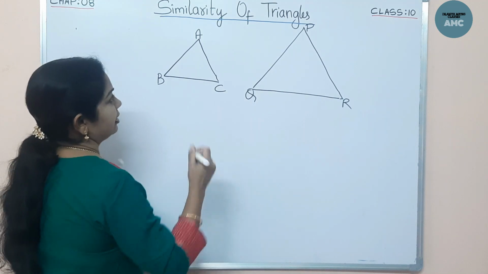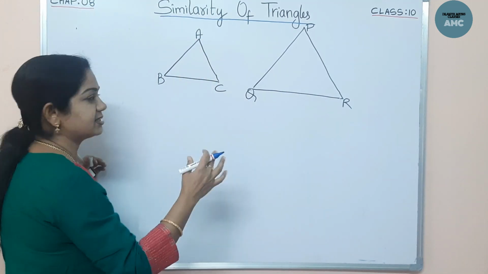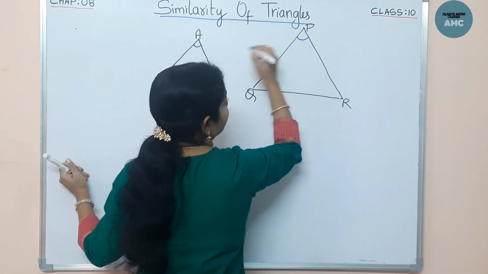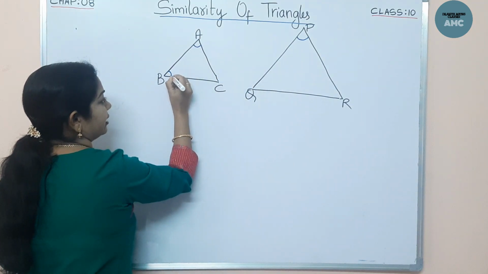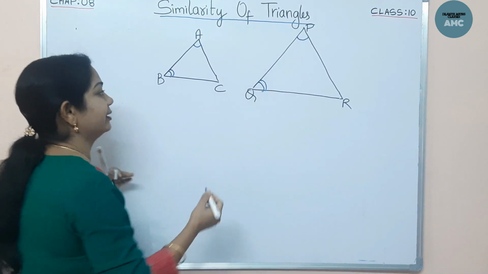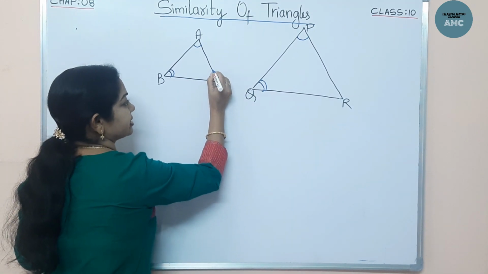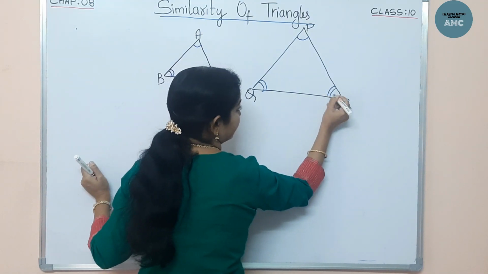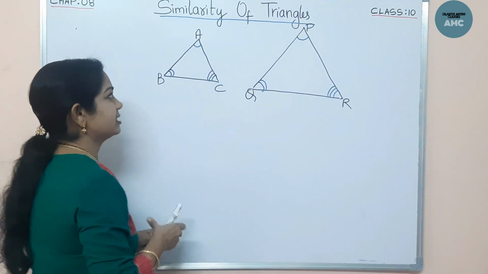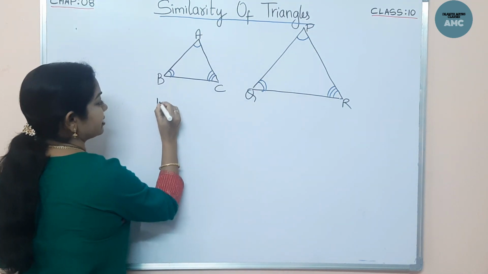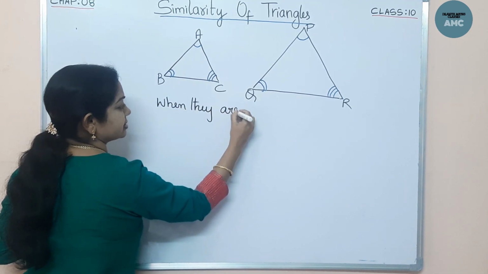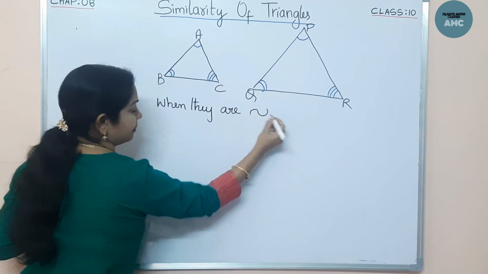Now how do I tell? For the similarity of triangles, if I say angle A, the corresponding angle is P in the other triangle. These are equal, and angle B is also equal to angle Q. Okay, I'm making it equal, right? Now the third angle, angle C, is equal to angle R. Then they are said to be similar. So this is the representation of similarity.